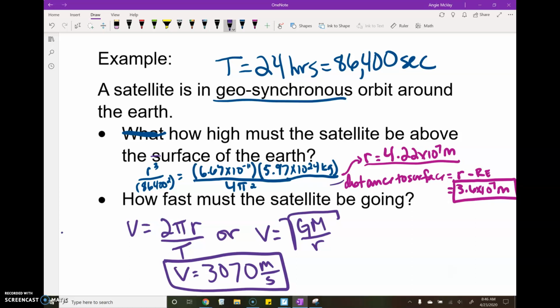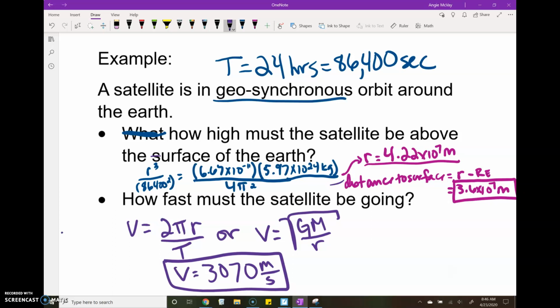So the period squared, universal gravity constant, mass of the Earth over 4 pi squared, and we get a value for r. But that's not the answer to our problem. The question is, how high must the satellite be above the surface of the Earth? So that distance to the surface is that r value. That's the distance from our satellite to the center of the Earth, and we have to subtract the radius of